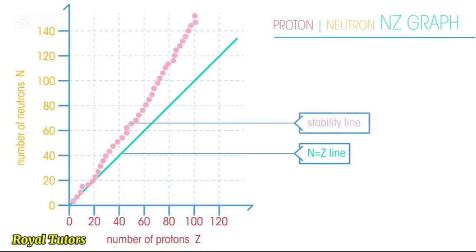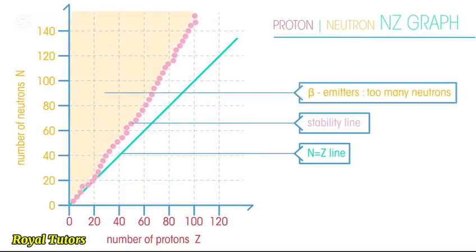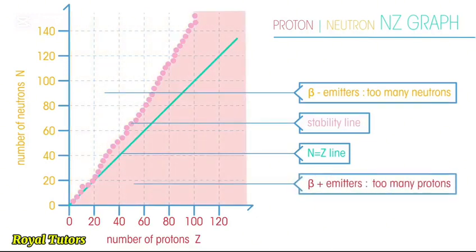A radioisotope that lies to the left of the stability line has too many neutrons and is likely to undergo beta minus decay, so give off electrons. A radioisotope that lies to the right of the stability line has too many protons and is likely to undergo beta plus decay, so give off positrons. If particles have a high number of protons, usually more than 82, they are likely